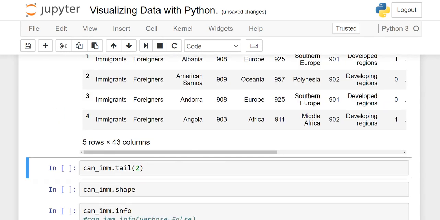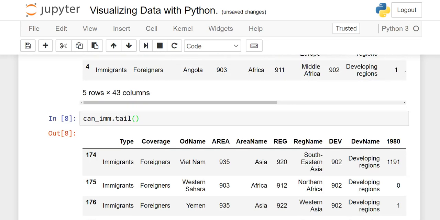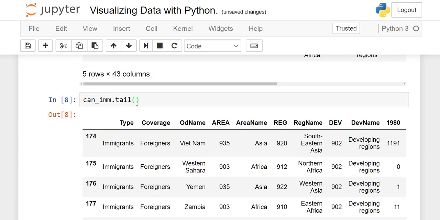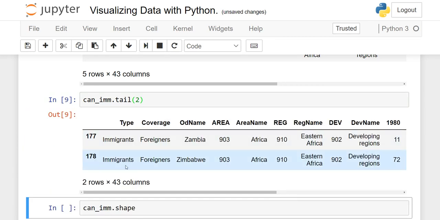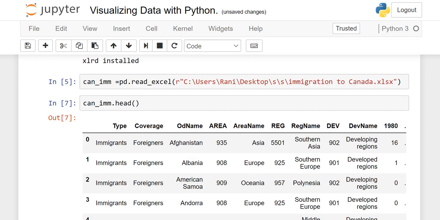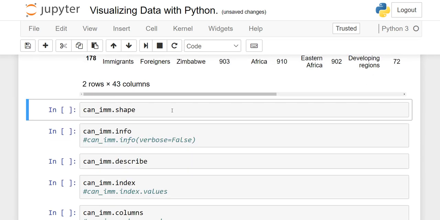Similarly, if you want to see the bottom 5, use .tail, make it blank and execute it. It will show you the bottom 5. But if you want to see 10, 20, 30, whatever, say 2, then you have to mention it in the parenthesis. It will show you the last 2 records. So .head and .tail functions will give you the top and bottom records.